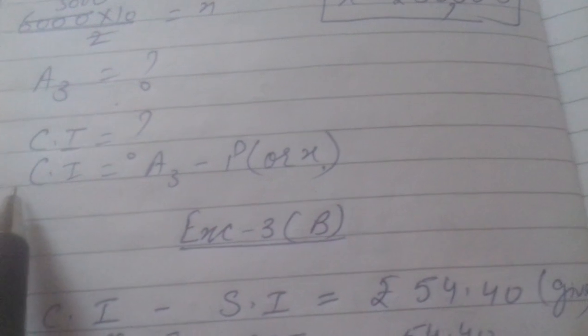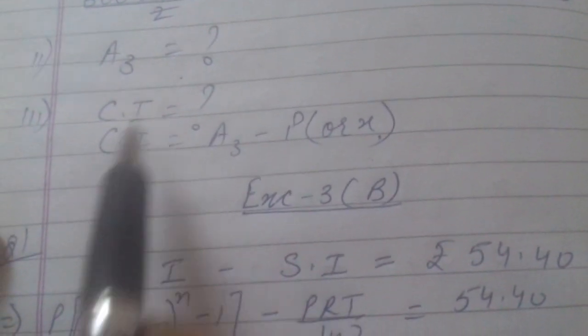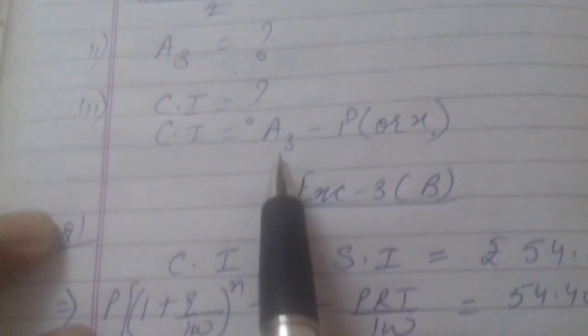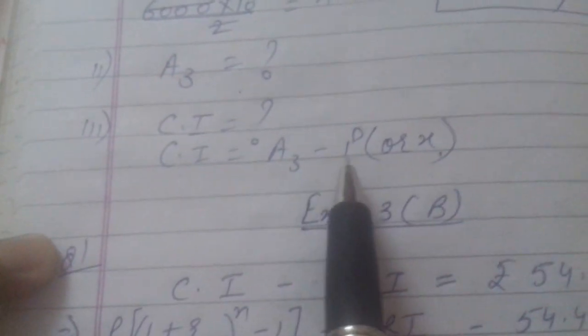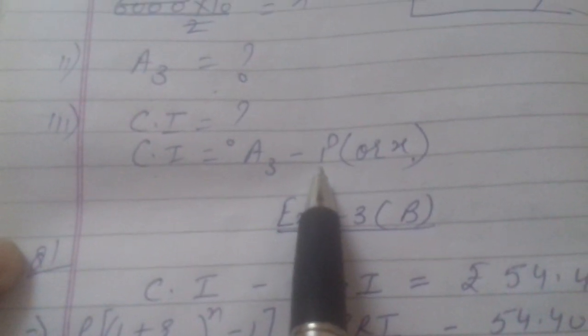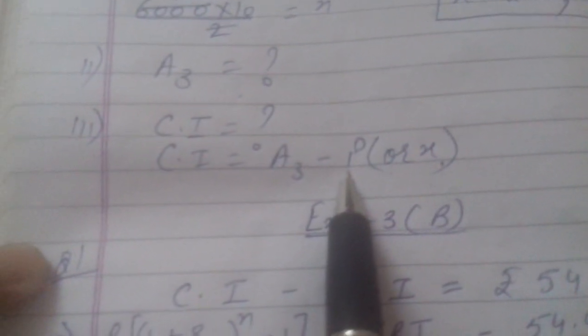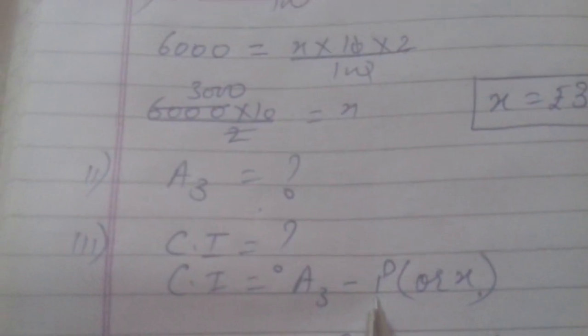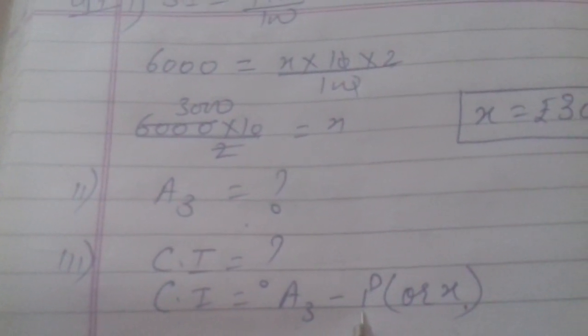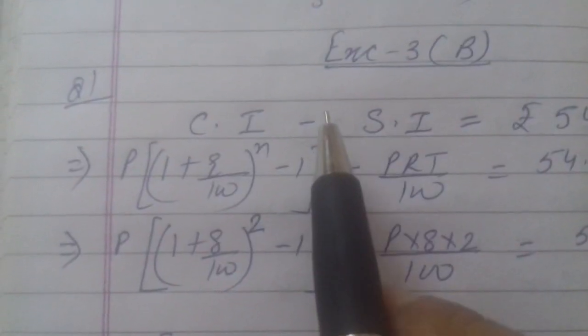And principal already we got 30,000. And in next part, you are asked to find compound interest. That also you know, compound interest is final amount, meaning amount whatever you will obtain in third year, minus the original principal, that was 30,000. With this, your first exercise is complete, and I left very few questions. All are same, means each kind of question I solved, and all of you will do the remaining questions.